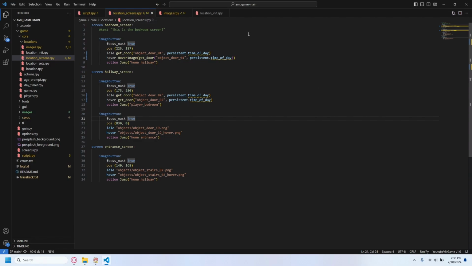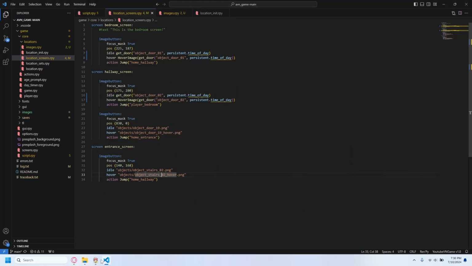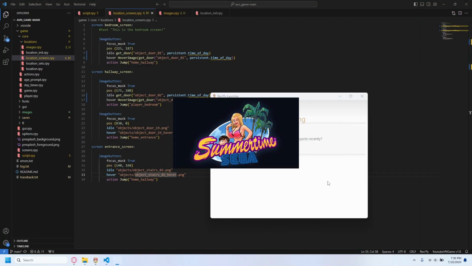Alright, so welcome back. I've gone ahead and added the get door image as well. So I've only added it to the hallway, but not for these because they don't have the night ones yet. So they could just stay the same for right now. So if you run the game right now,